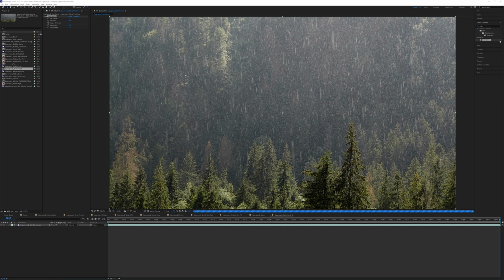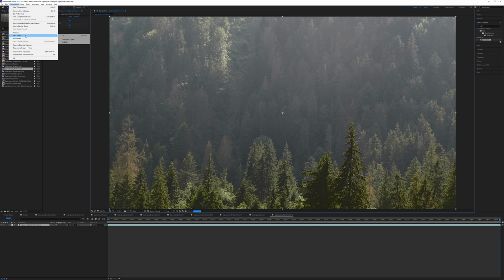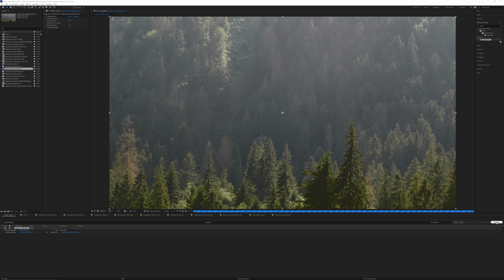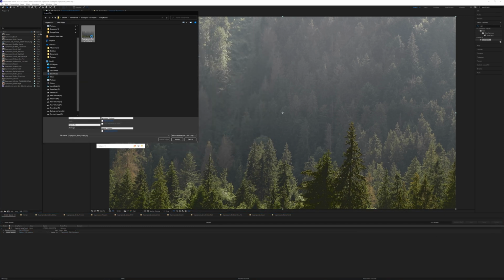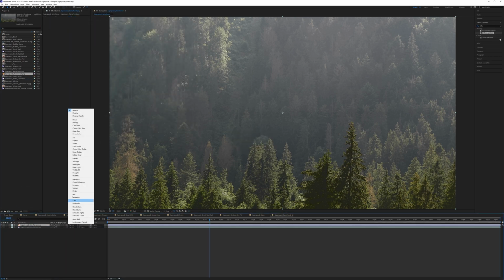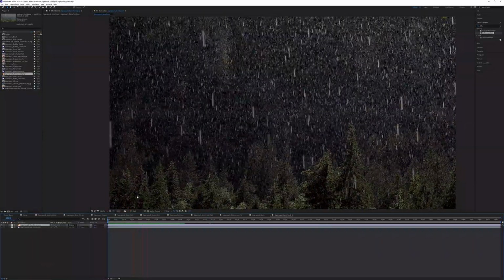Now, this isn't the fastest process, especially for 4K, but hang tight. And boom, the rain is gone. And now we have a still image that we can save out and re-import back into the comp. So let's say now you wanted to extract the rain. Well, you can do that too. You could use a difference mat on a copy, or we could simply subtract the modified plate from the original one, and now you've got just the rain. Now this would need some cleanup, but it could be useful.